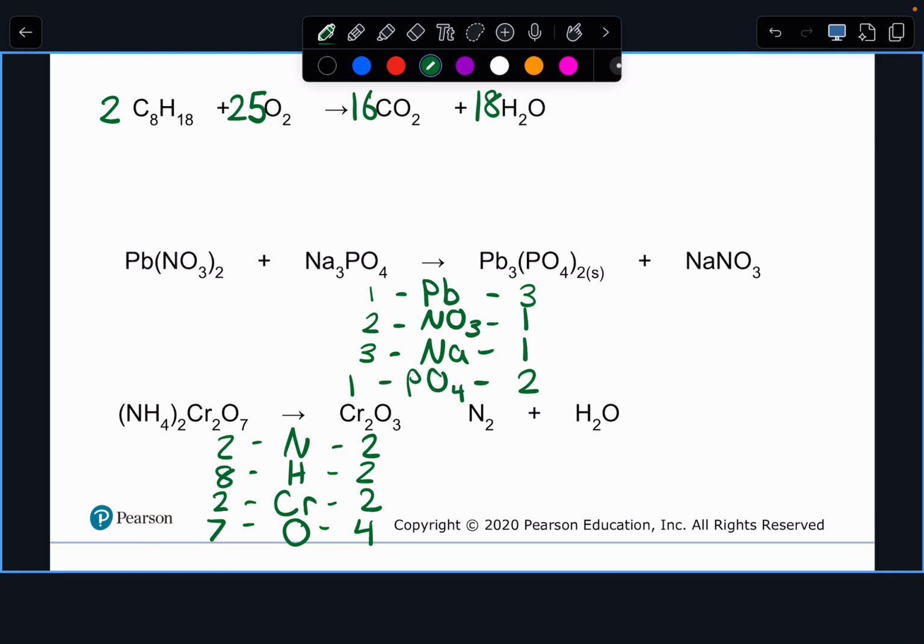So this one, almost the exact same process. You get to the point where you figure out that there's an odd number of oxygens, so you multiply everything through by 2. If you do enough of these, you might start to notice that whatever that odd number is, that's how many is going to be in front of the oxygen. Like you get 25. So then you multiply everything else through by 2, and then 25 goes in front of